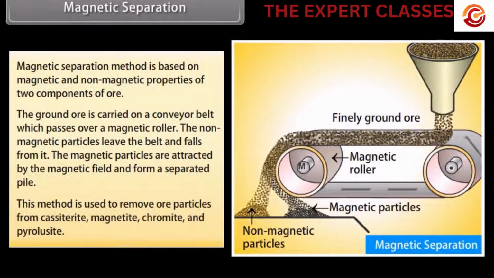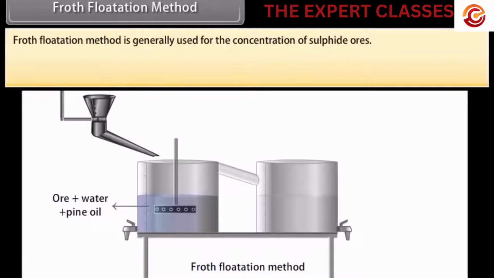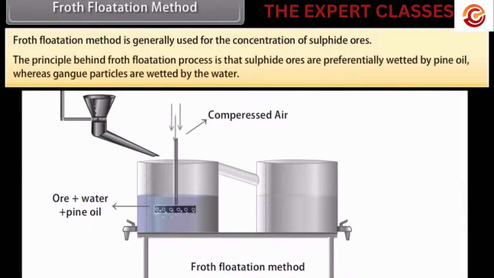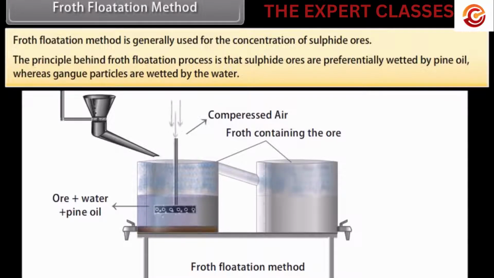This method is used to remove ore particles from cassiterite, magnetite, chromite, and pyrolusite. Froth flotation method. This method is generally used for the concentration of sulfide ores. The principle behind the froth flotation process is that sulfide ores are preferentially wetted by pine oil, whereas gangue particles are